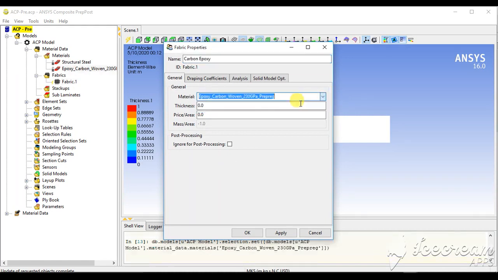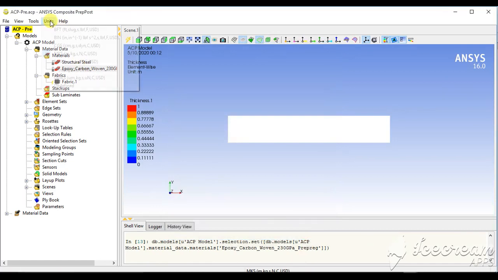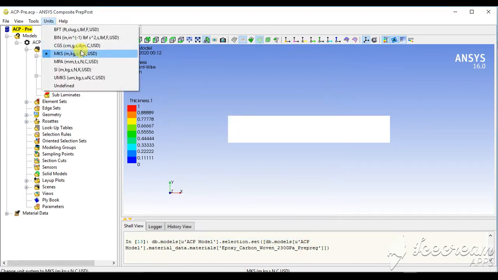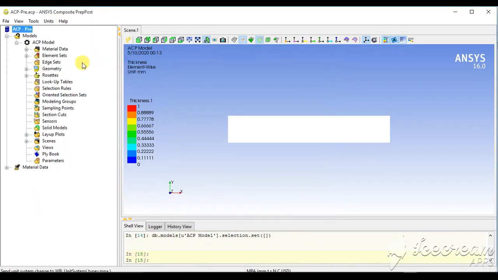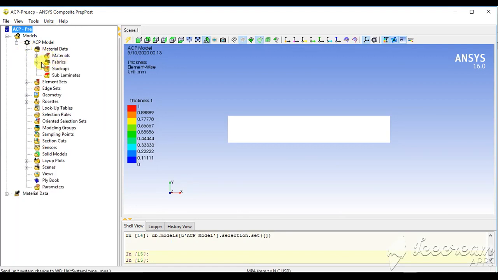Select the material, and give the thickness of one ply, which will be 0.5. First we have to check the units. It is in meters, so we will convert it into millimeters and then again go for the fabric.